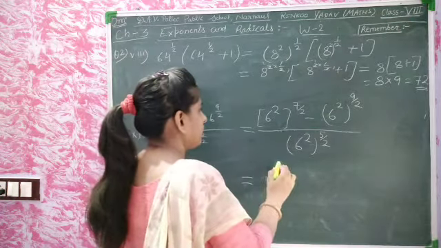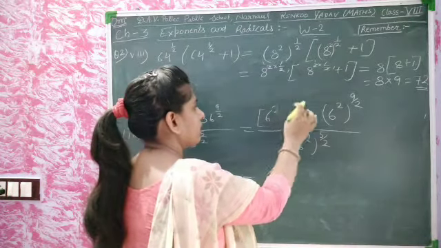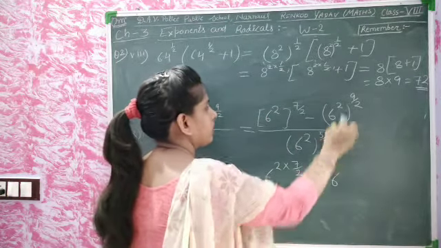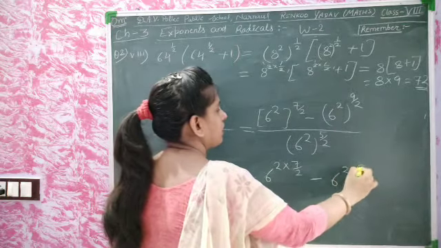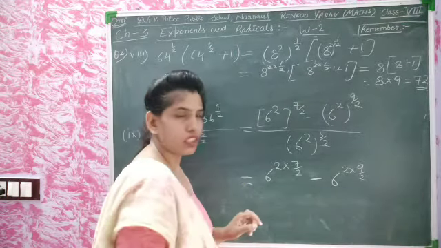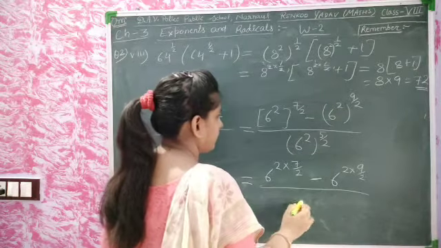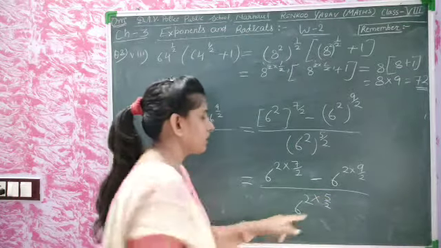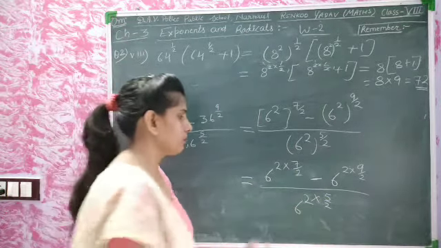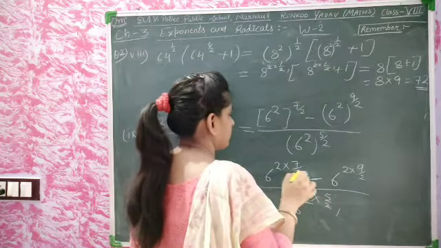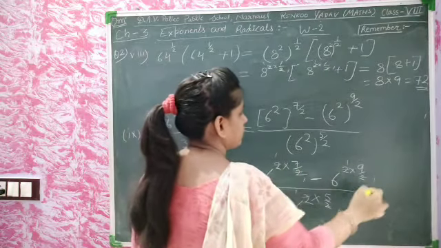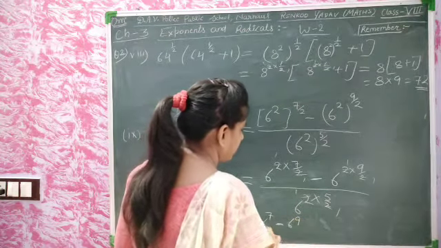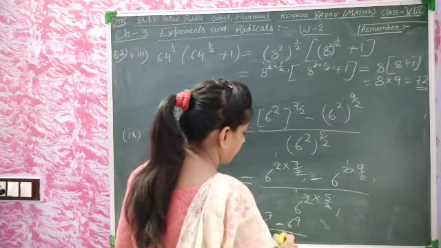6 to the power 2 into 7 by 2. These are multiplying. Both are multiplying together, and minus the same again here. This will get power to the power, it means we are multiplying here. Done. Now we are taking the denominator also, 2 into 5 by 2. We will multiply the powers here also. The 2s cancel. Same, 6 to the power 7 minus 6 to the power 9 divided by 6 to the power 5.